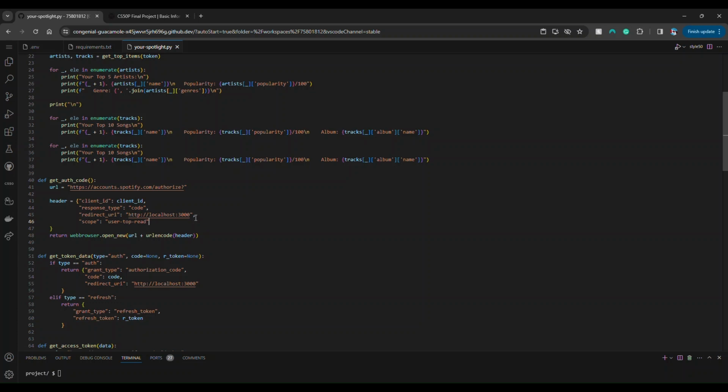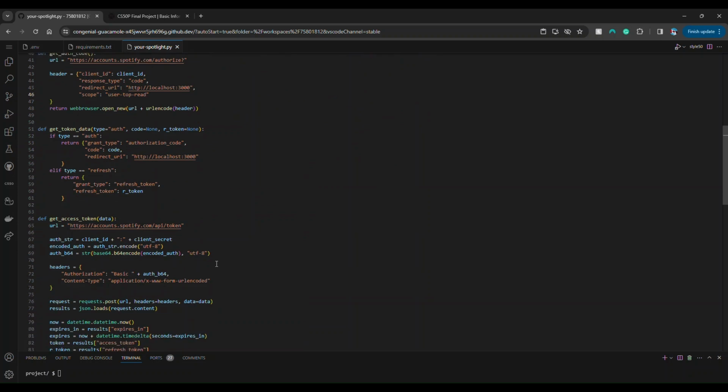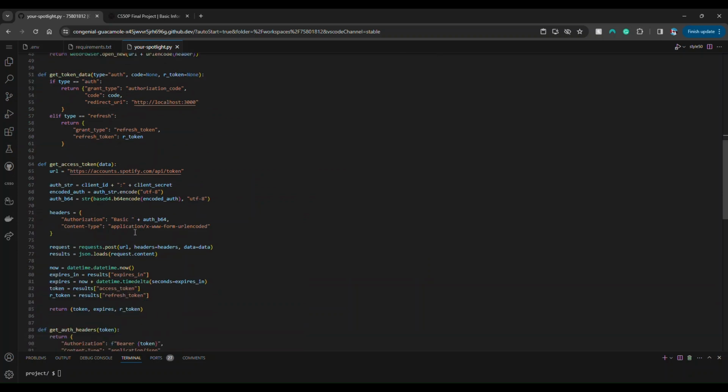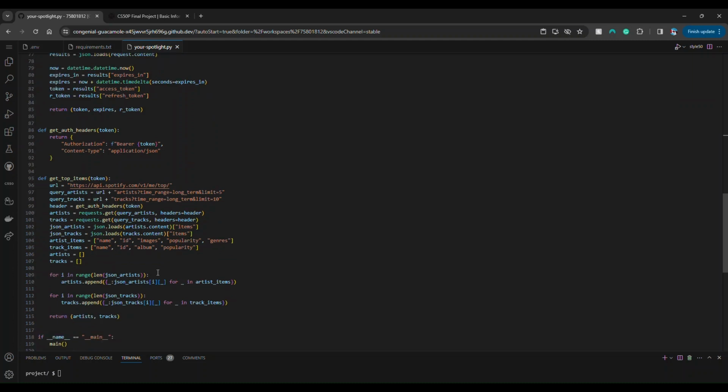This header needs to be base64 encoded string, which will open up a web browser and that will give you your authorization code. From there you'll then get an access token that will be used to grab the necessary data,